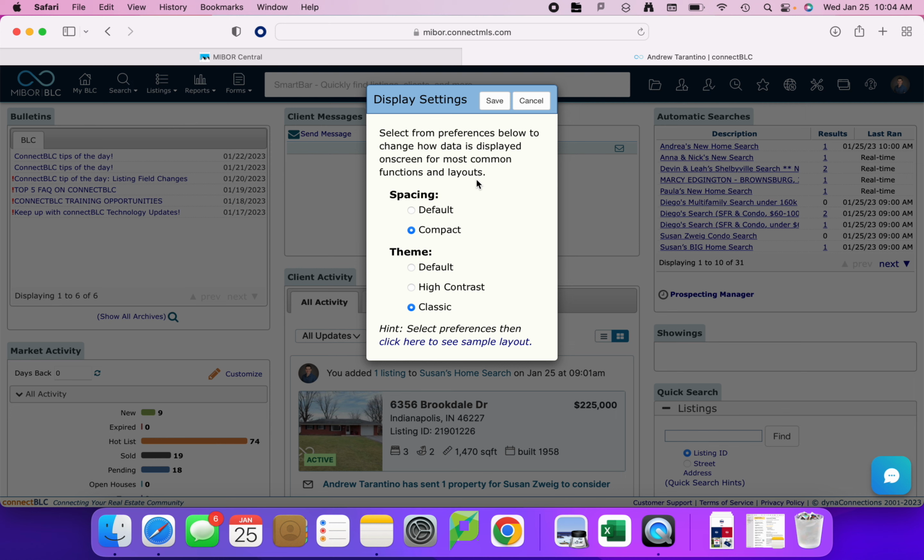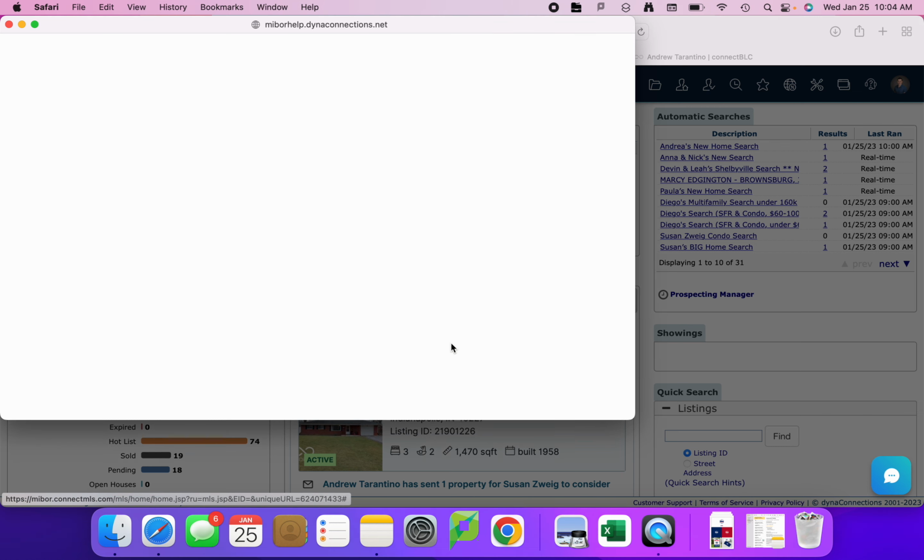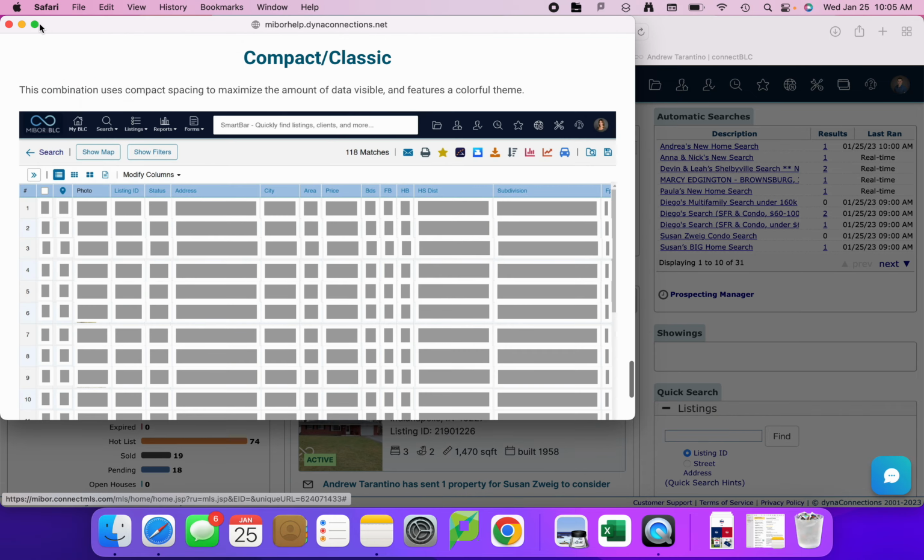So go ahead and click on display settings, and what this allows you to do is to change the way the information is presented to you. If you have not changed it yet, yours is going to look like default and default. I have already changed mine, so I went with compact and classic. And if you're just curious what those differences look like, there is a link right here that takes you to a help article. So if we click on that,